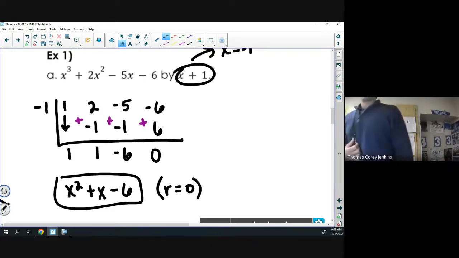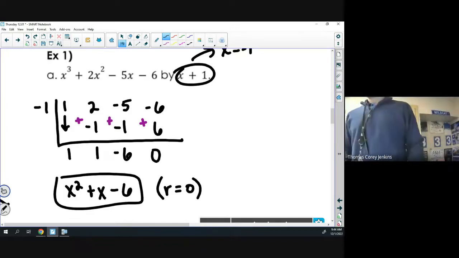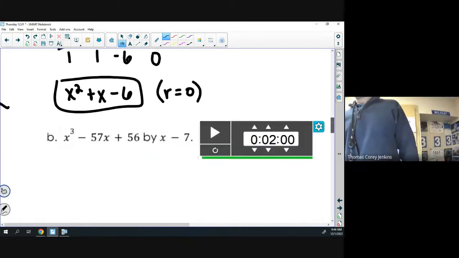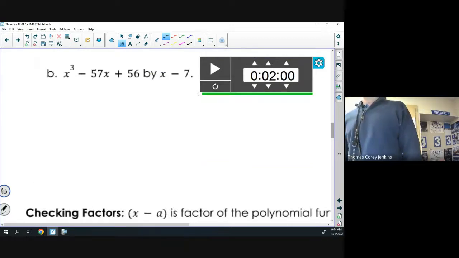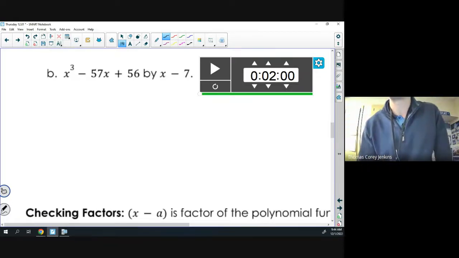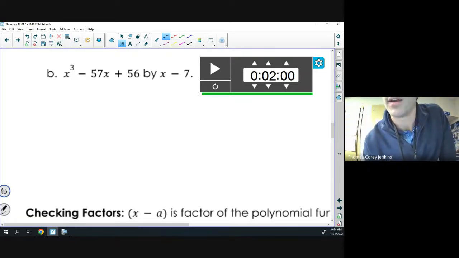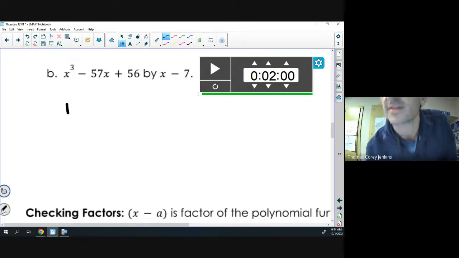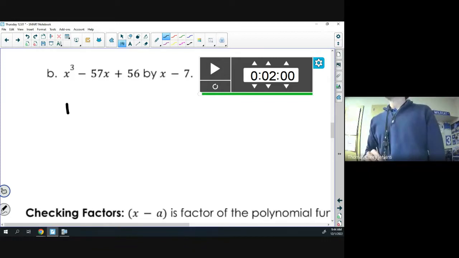The question was, why do we get the -1 outside the box? Just like we would if we were using the zero product property to find our zeros. Yep. All right, all good questions. So let's set up the first part and have you and your partner try to take it from there. There's one trap I don't want you to fall into, which is when we write out our coefficients. So 1's going to come first. If I told you -57 doesn't come next,